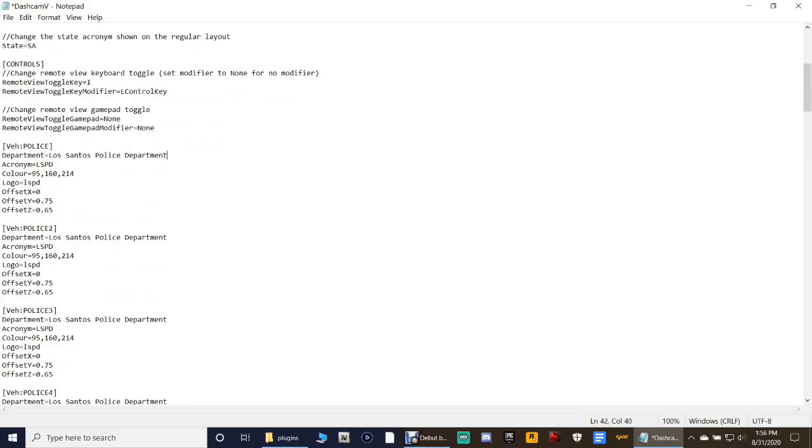Now, right here, guys, this all depends upon you. If you want to leave it at Los Santos Police Department, that's fine. If you want to change it to something else that you're going to see on your dash cam, that may be something to do with your name, or maybe something you just want to change it to, you can do that too. Now, I'm going to show you exactly what I do. I'm going to highlight this, hit Control C, then I'm going to go back, and I'm going to hit Control V right there. Department of Criminal